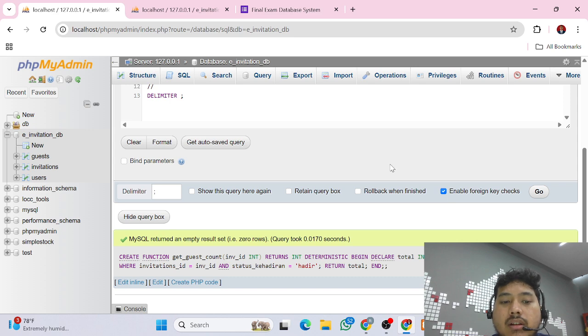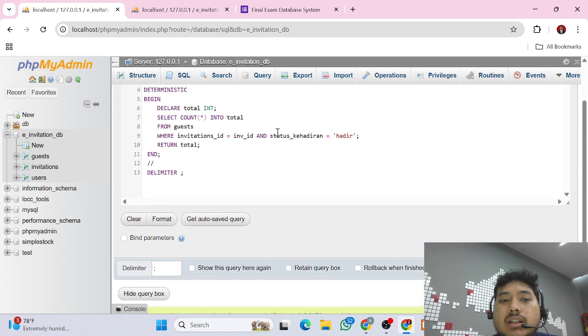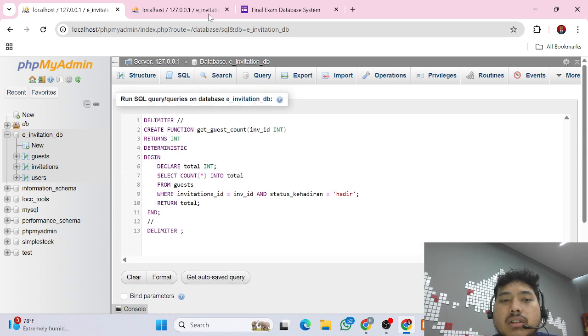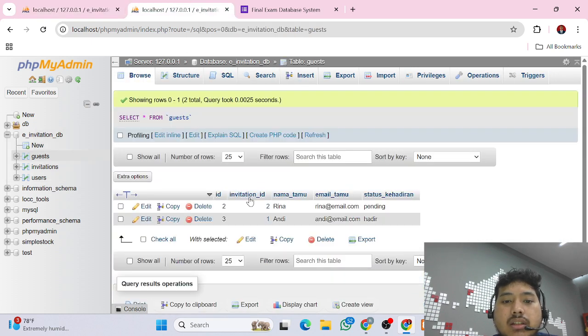Okay, so I will explain the function. This function is named get guest count. It returns the number of guests who will attend a specific invitation. Now let's try for invitation ID number 2. We have the invitation ID number 2.